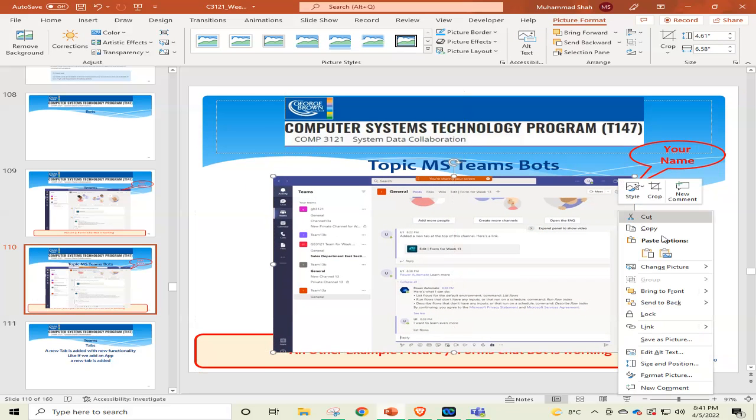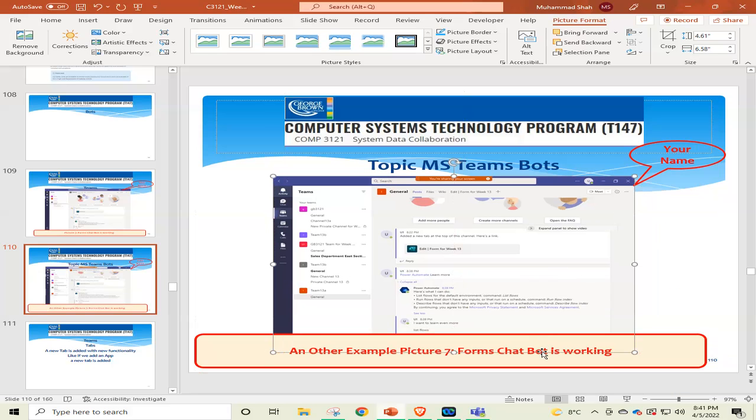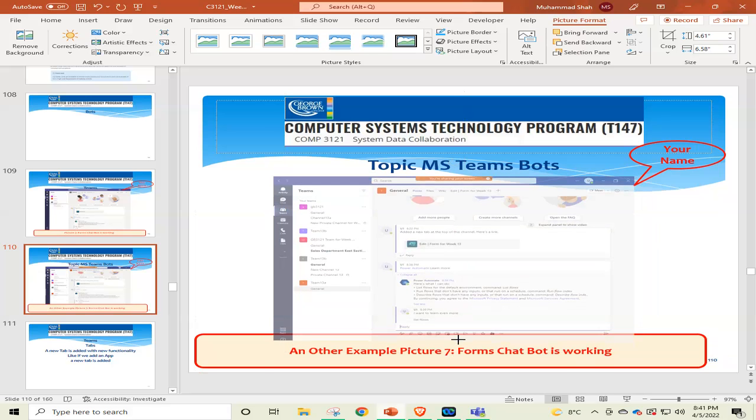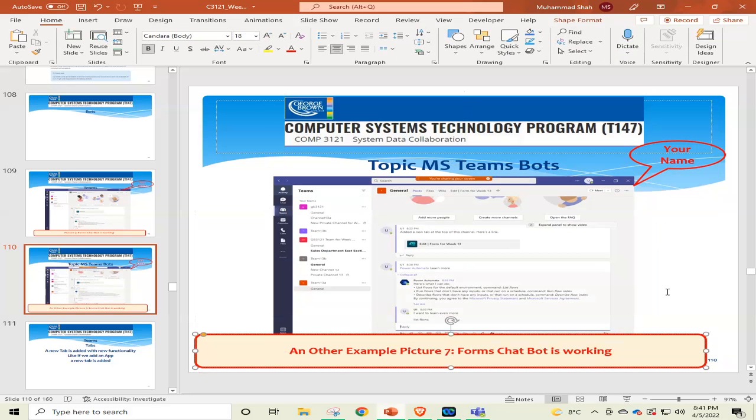And we send it to the back, and I will update the title. Forms chatbot, no, I just write, let's say, chatbot is working. So any chatbot that you can use will be fine.